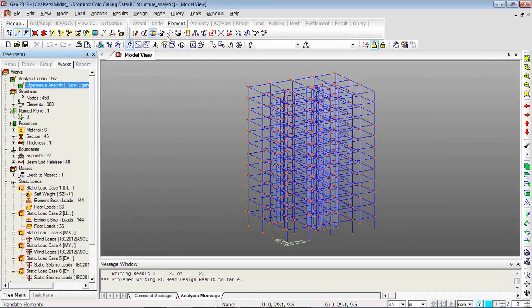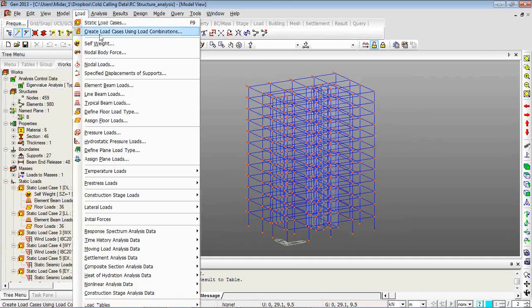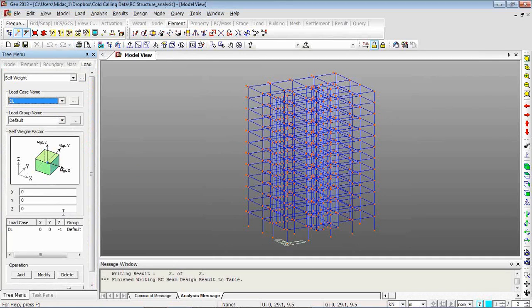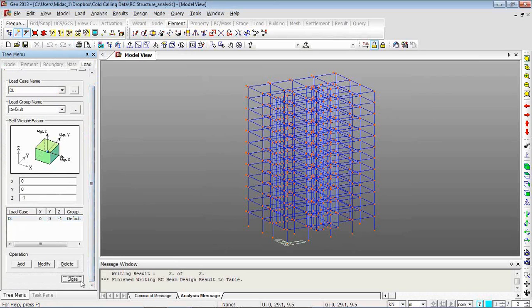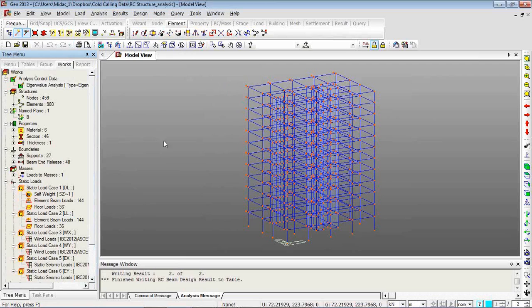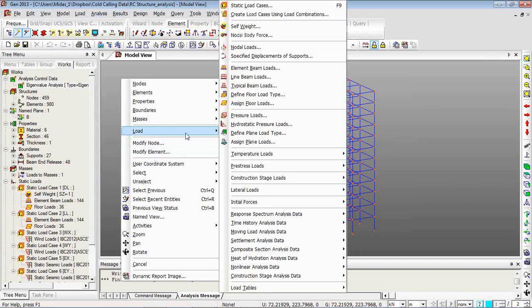To assign load cases, what you need to do is, let's say for self-weight, go to Load, go to Self-weight and enter a -1 value here. Clicking on Add will directly apply the self-weight to the structure. To assign floor loads, you can normally assign beam loads and element beam loads. Going to Load, right clicking, and from here you can assign the element beam loads. To define floor load types,